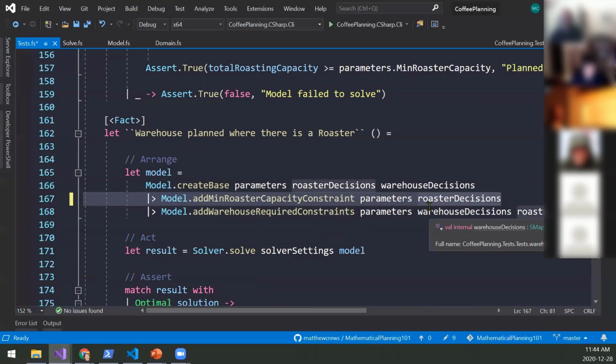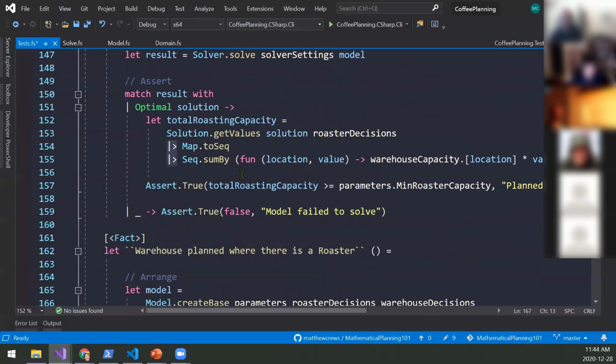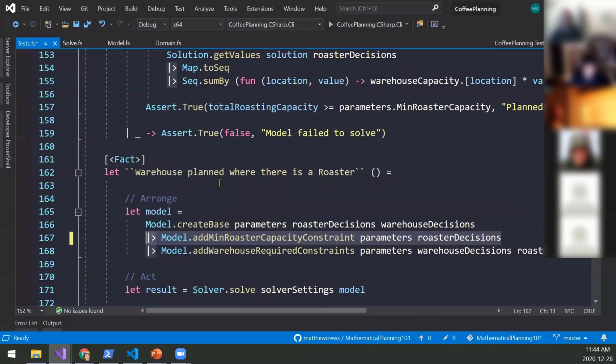But I feel comfortable doing that because I already validated the behavior of this constraint in a previous unit test. And so it's this idea of, I can layer on the number of things that I'm testing. So I'm testing in isolation as much as possible, but there may be a time where I need several layers of constraints to really push this new constraint that I'm testing.